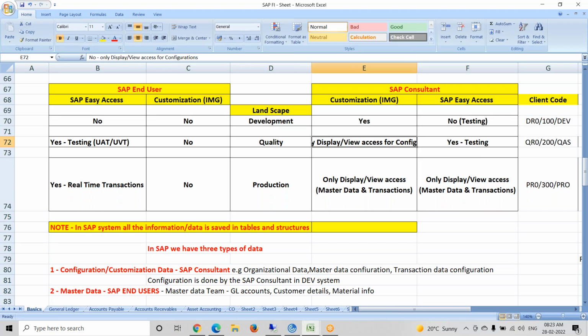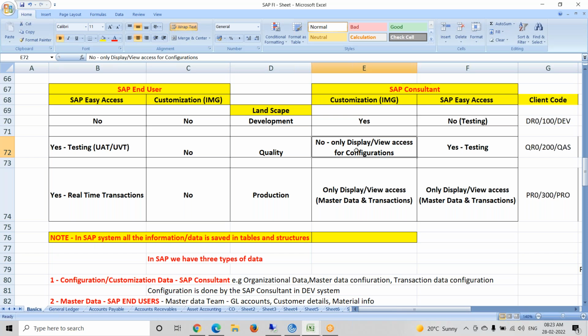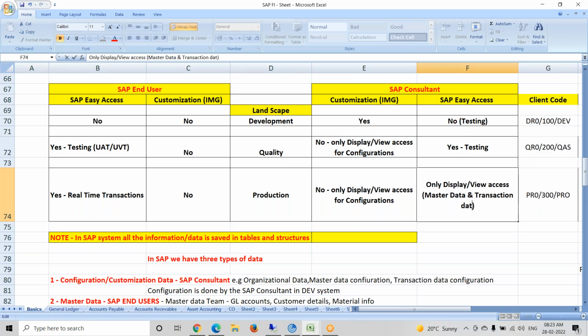We cannot do any changes here. It's only view access here. Coming to the production, only display access for configurations. Customizations or configuration, both are the same, don't get confused. Here only display access for master data and transactions data. We cannot create, but yes, for testing,